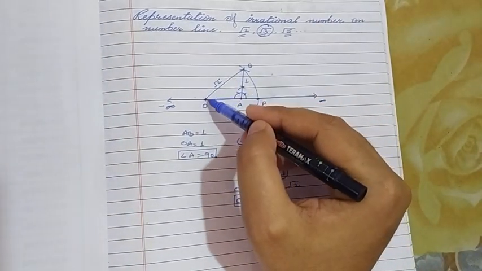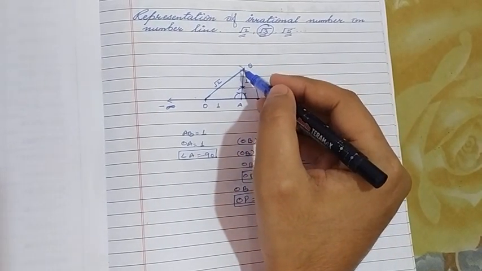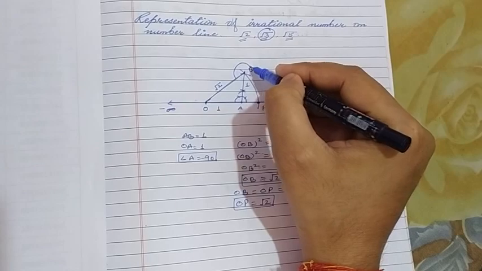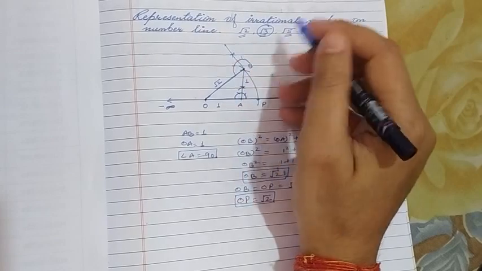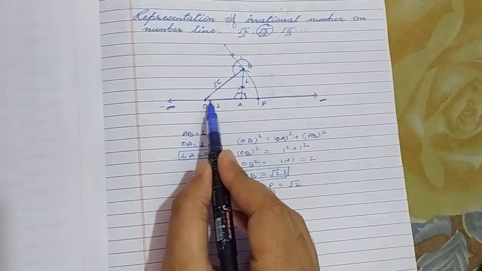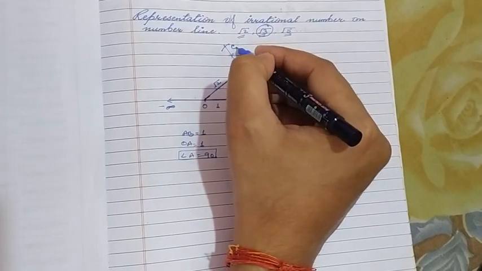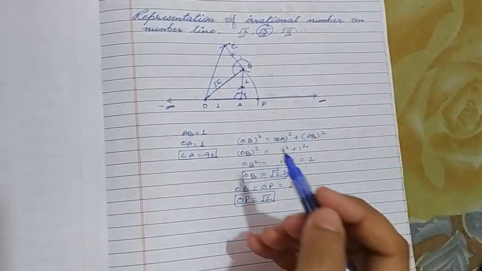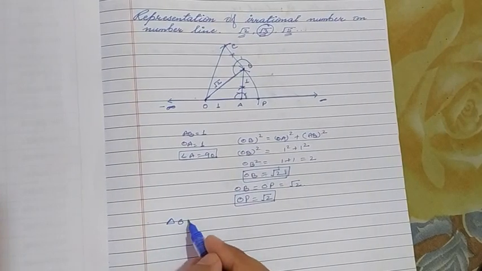Now on the line OB, at point B we will draw a 90 degree angle again. And once again with B as the center and radius equal to AO, draw an arc to cut this perpendicular at the point C and join OC. Now in right angle triangle OBC,